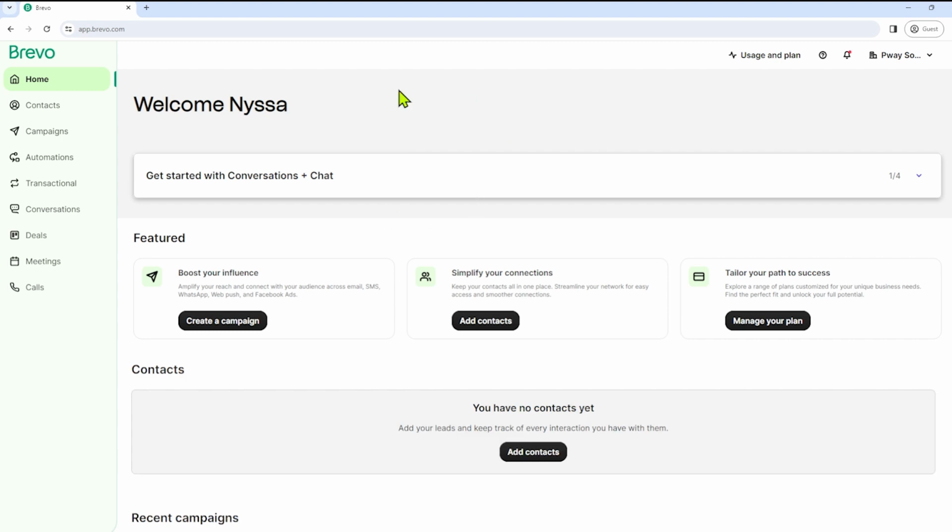So this is what the home dashboard of Brevo looks like. So we have here guidelines and instructions on how to utilize our Brevo account, like how to create a campaign, add contacts, etc. So you can just explore it yourself. And on the left side menu, we have here, of course, under home, contacts, campaigns, automations, transactional, conversations, deals, meetings,